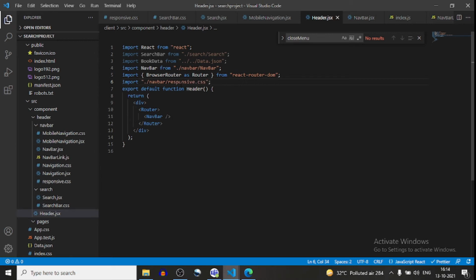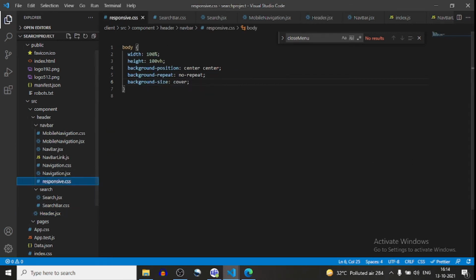Okay, and again I will go in responsive.css and here I will define nav.